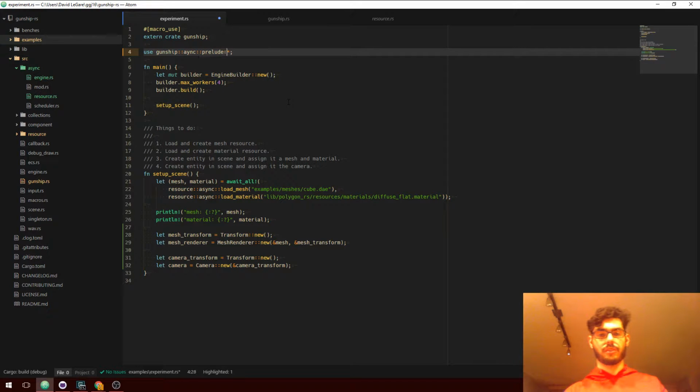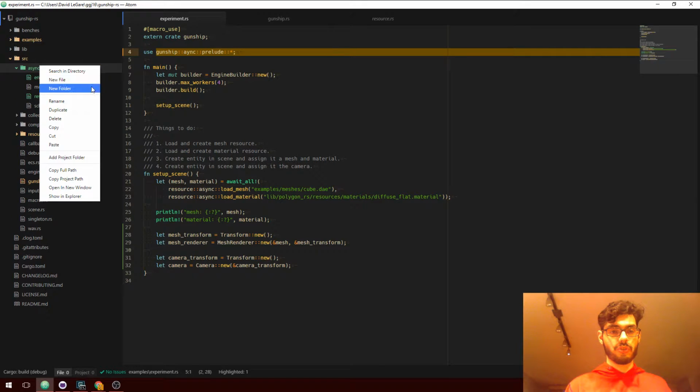Should probably have a prelude. Just like in Unity when you do using UnityEngine, it kind of just pulls in everything. You don't really have to use a ton of the sub namespaces. I'm pretty sure they just use the sub namespaces for stuff that was added in later versions that they probably don't want to add to the UnityEngine namespace for backwards compatibility reasons, forwards compatibility reasons. Same thing here. I can do a prelude.